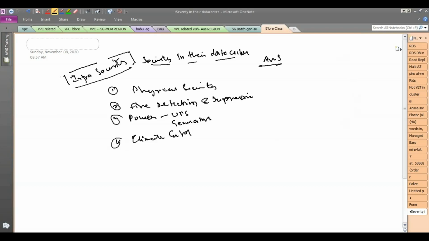AWS takes care of all of these. And the important thing that comes up in the exam is storage device decommissioning. After the storage device has failed or reached its end of life, they are going to take some sort of action on it.